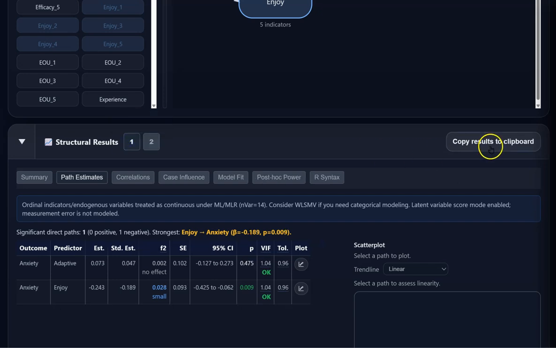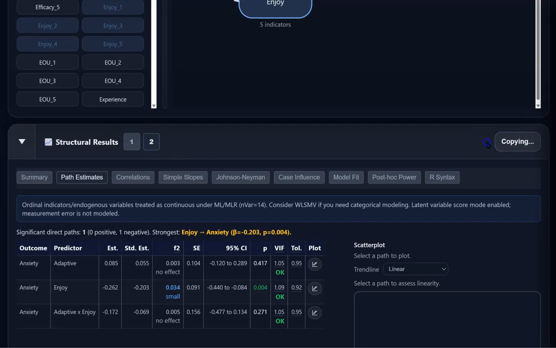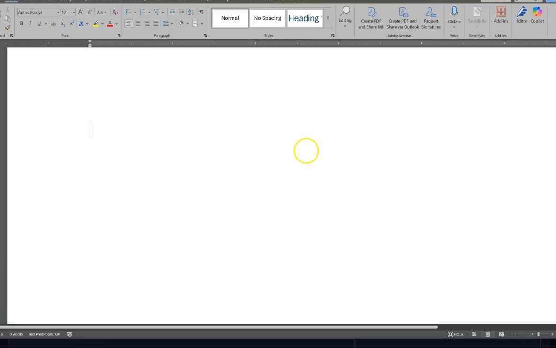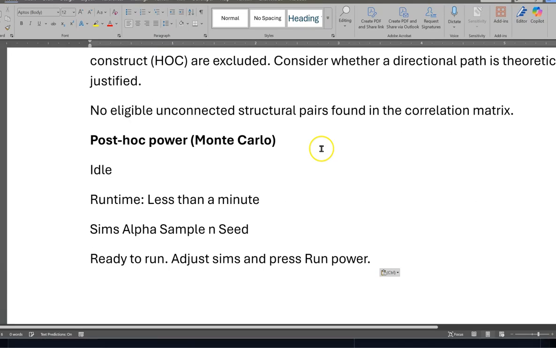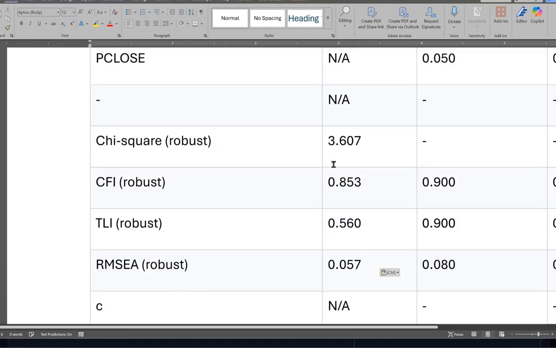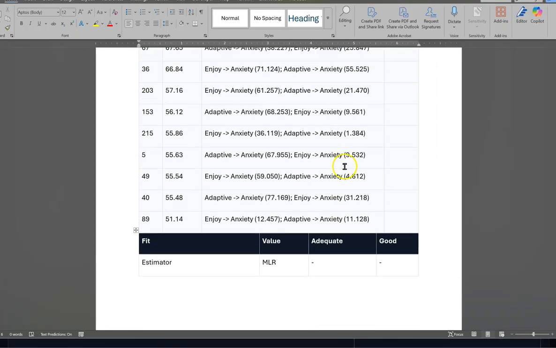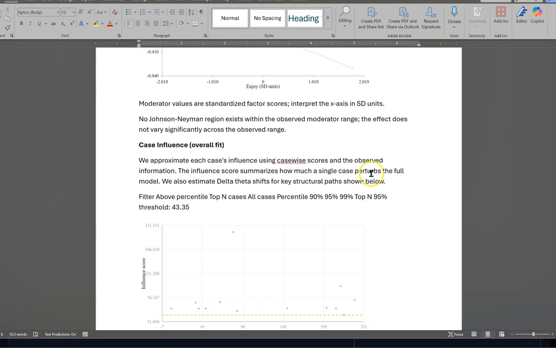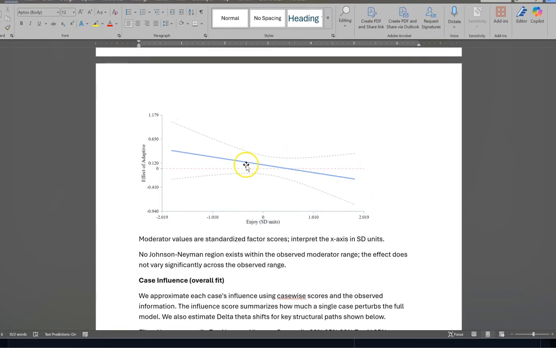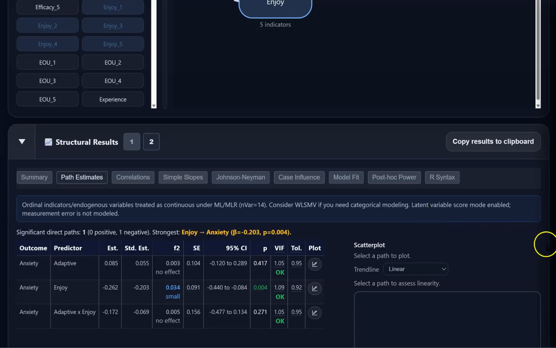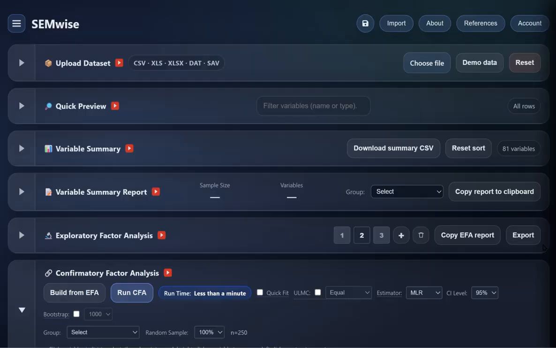And whatever I copy will be whatever the current model is. So here's the one with interaction. I'll copy this to the clipboard and paste it into Word. And notice we have all of the results from that interaction model. Here's that Johnson-Neyman plot. And when I go to save the session, let me go to the very top here,